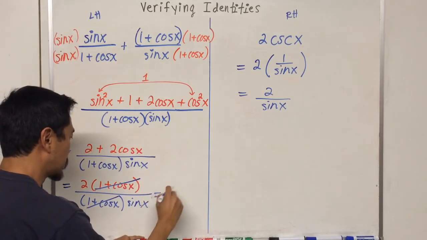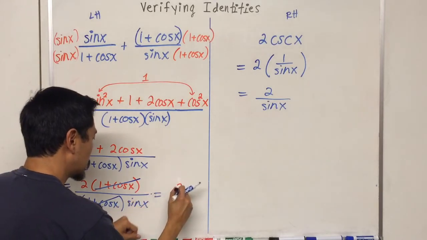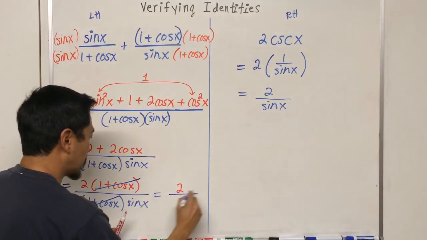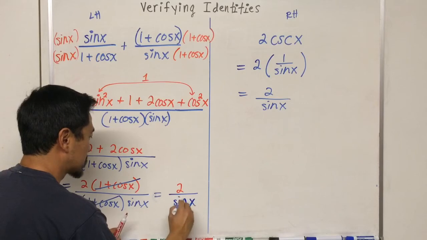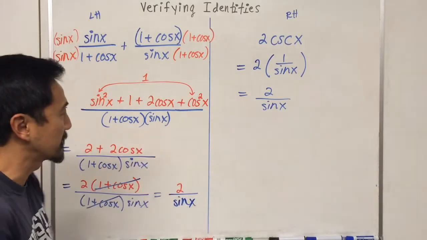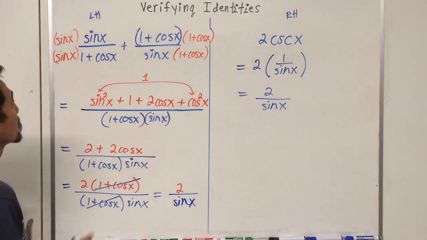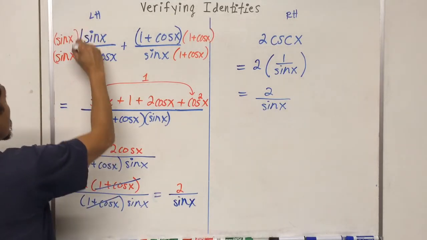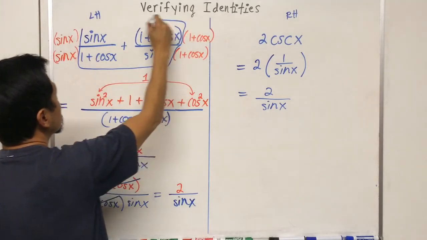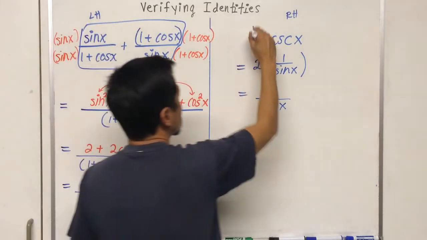Okay, I now have 2 divided by sine of x. And that's exactly what we have there on the right-hand side. And we are done. All right, so we have proven that this original left-hand side, this expression, is now equal to this